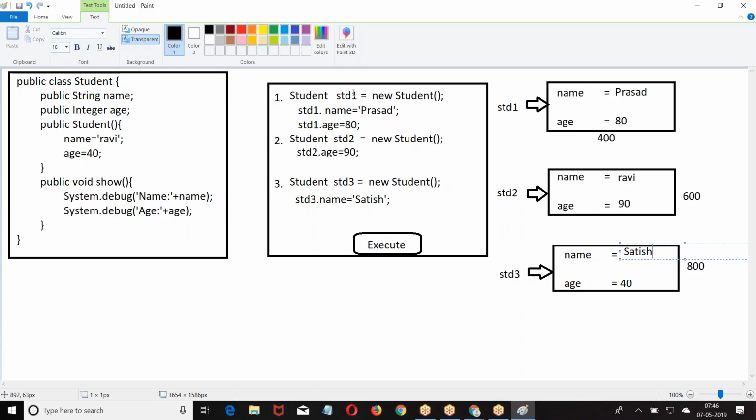So an object is creating a new instance. You told student, new creates one student. One more new, it creates one more student. One more new, one more student. That is the reason we call an object an instance of a class. With the same structure, we are creating one copy. So what is an object? It is an instance of a class. I hope you are good with this.